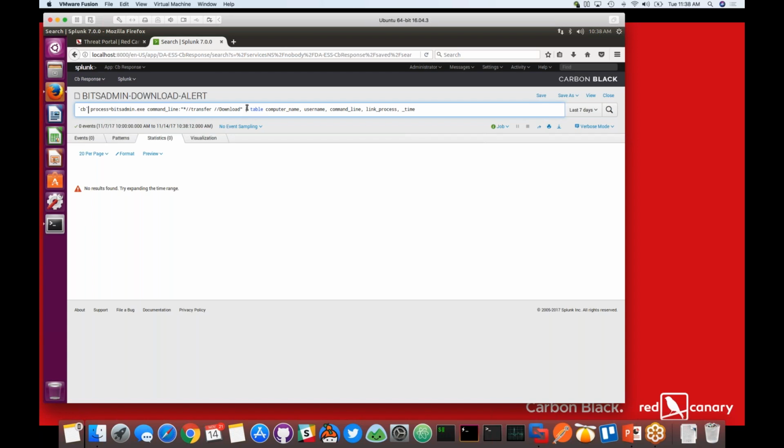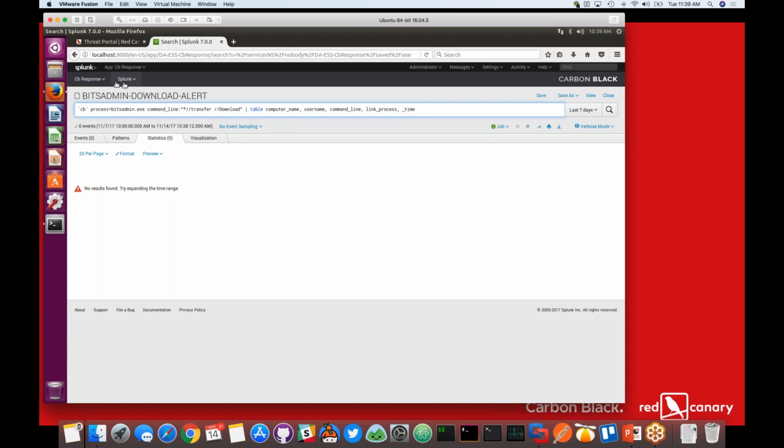And so what I do for all of my alert saved searches, and I have a pretty standard table that I put in here, you can modify this however you like. So what I'm saying is I want to have the computer name, username, the command line data, a link back to that inside of Splunk, and the timestamp that Splunk had for it. Generally, when we were using Splunk, we tried to set everything to run every hour or so, and we tried to stagger them as best as possible.